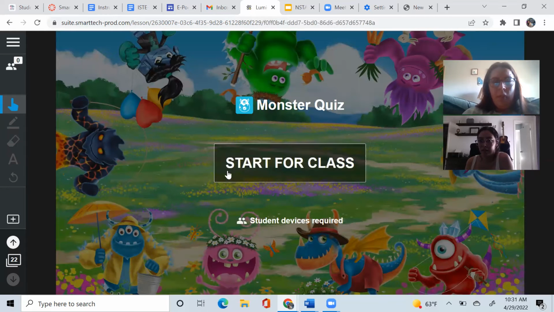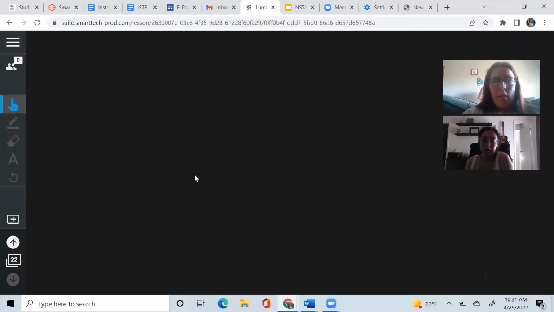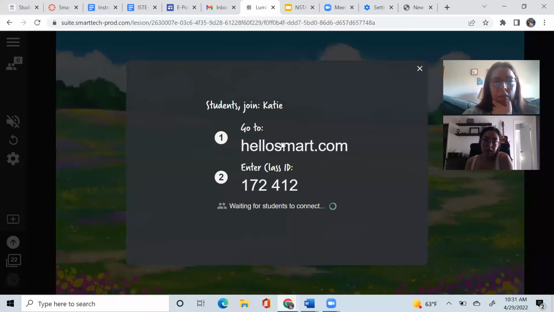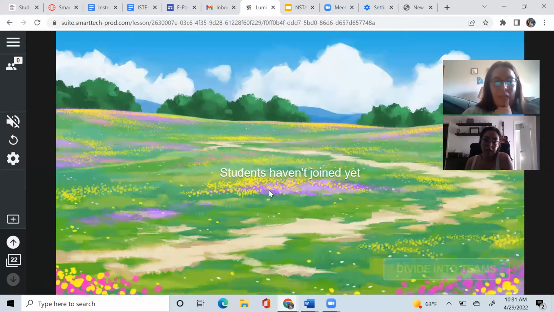Then in the end, we just have a quick little monster quiz, a good check for understanding, and there's no students, so we can't look at it, but it covers just the main ideas of this lesson, a quick formative assessment to see how they all are understanding this concept, and if there's anything that we need to review or go over again. And that is our